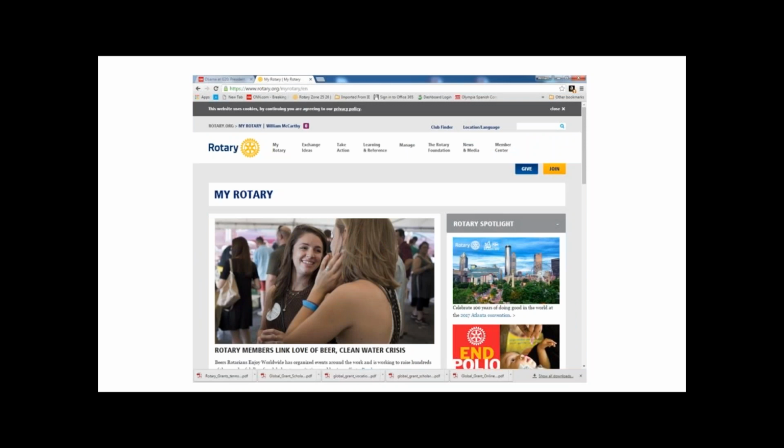This is the district. Nope. This is My Rotary. Rotary.org. www.rotary.org. This is for global grants. You can't do anything for global grants on our 5020 website. That's just for community grants. 5020 is community grants. This is global. This is RI. Okay? So you go to Take Action, right?